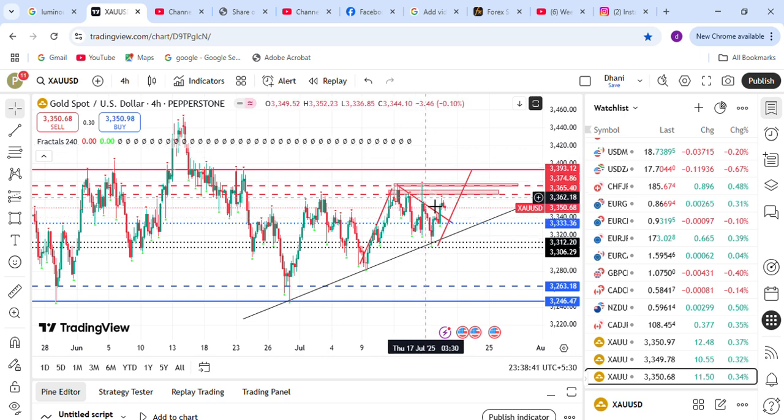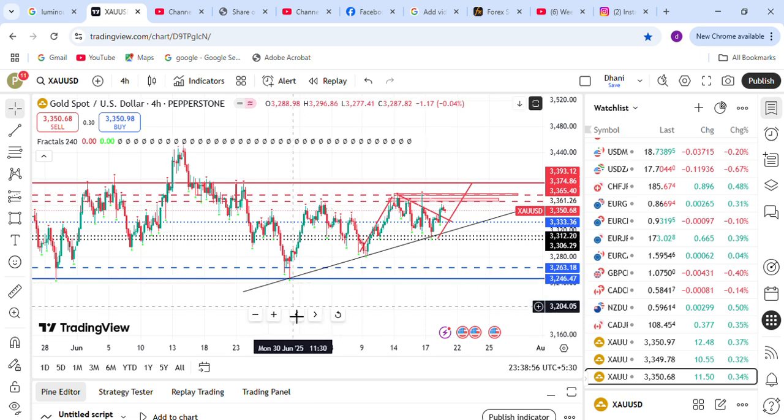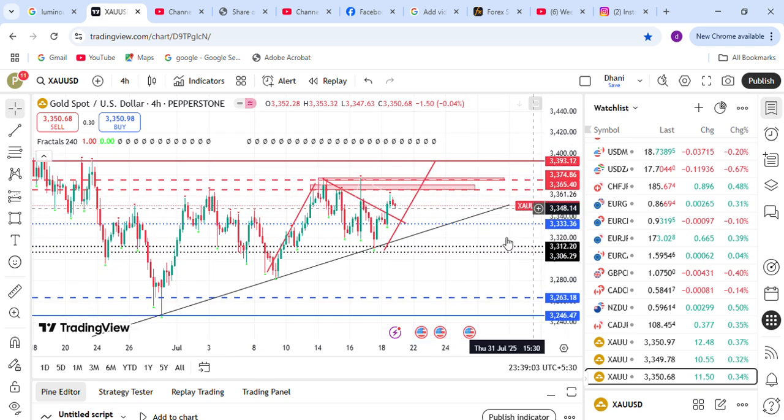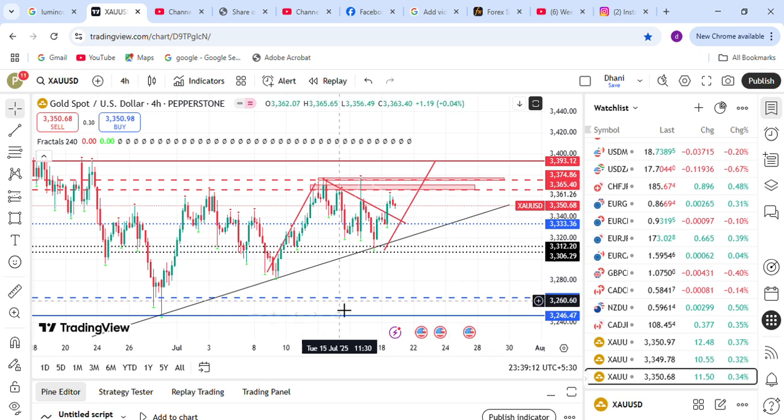And even I have given the 5 to 6 stop loss and 30 pips of TP. What I want to say is that this market has different setups, and every setup will have its own stop loss, its own TP. We cannot expect 500 pips of take profit from the market if we are not already prepared for it. And how do we prepare for it?